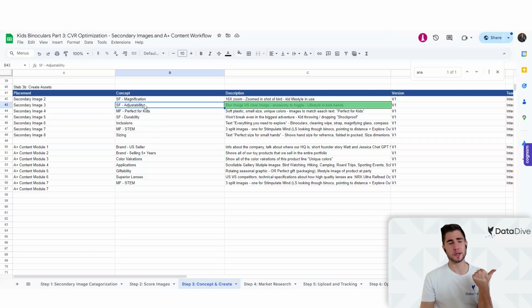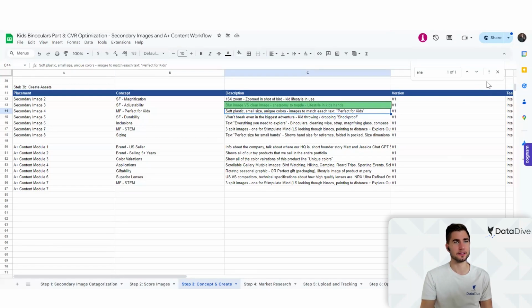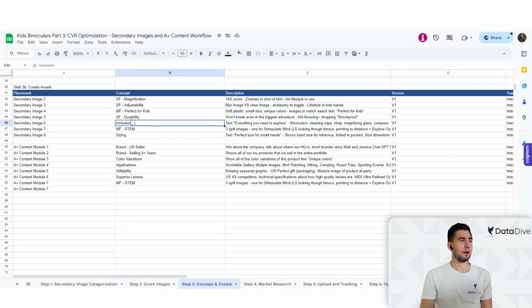We had a graphic, a single feature about adjustability, a multi-feature saying that it was perfect for kids. And this is multi-feature because we talk about that it's small, soft plastic. It's a small size and it comes in unique colors with a title that says perfect for kids. Right? You can see this here. We got a graphic about durability, one about inclusions. We've got multi-feature, which is talking about STEM learning, sizing,